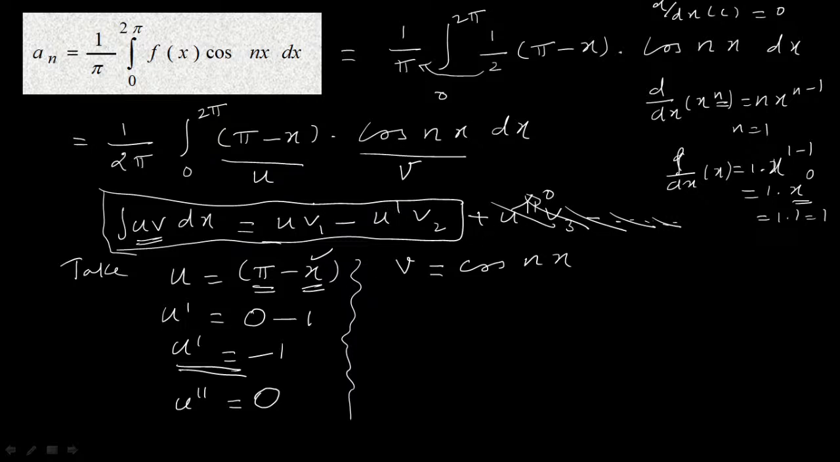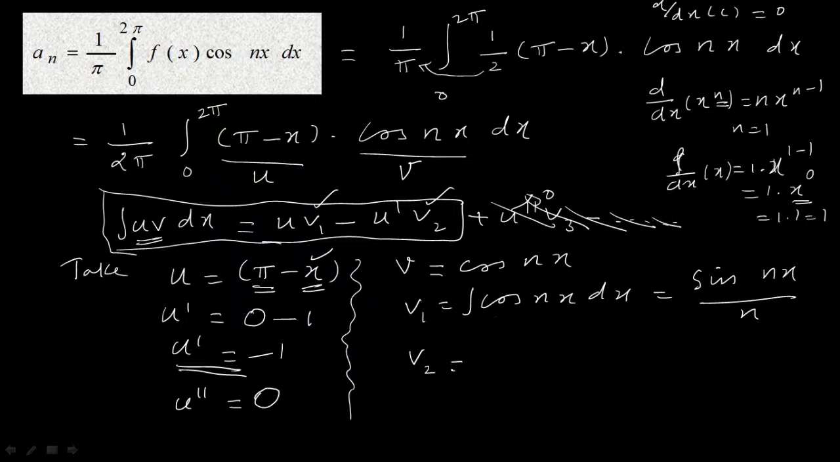Next, we calculate the values of V1 and V2. V is cos nx, so V1 is nothing but integral cos nx dx. When you integrate cos nx, you get sin nx divided by n. Next, your V2 is